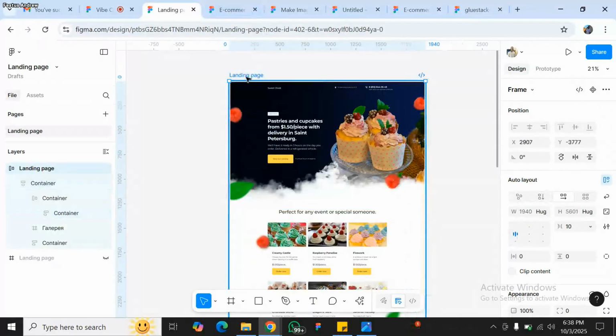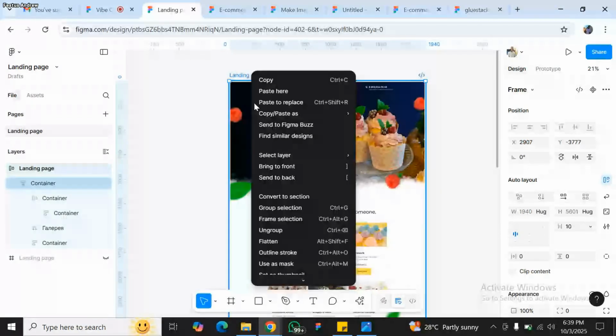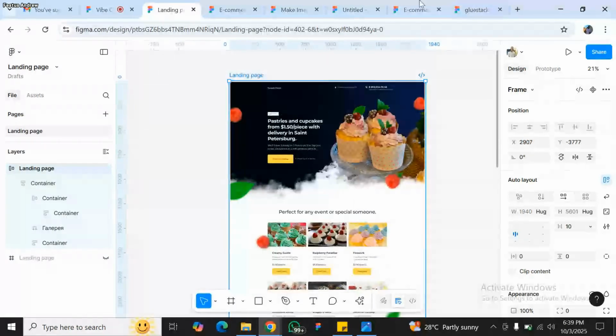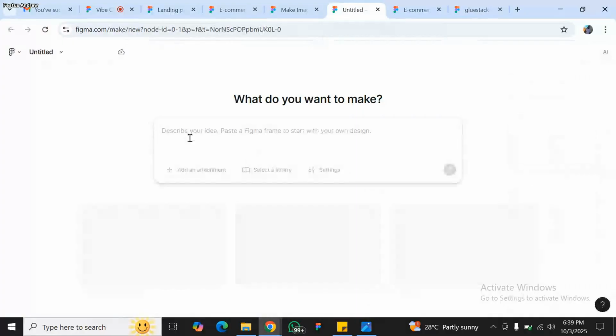Now what we want to do is go ahead and pick and copy this frame. Control C, or you could right click and click on copy for those using Windows, and for those using Mac it's Command C. And so when we come back to Figma Make, now this is where we could